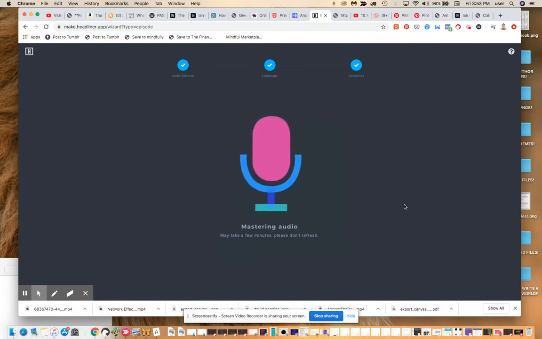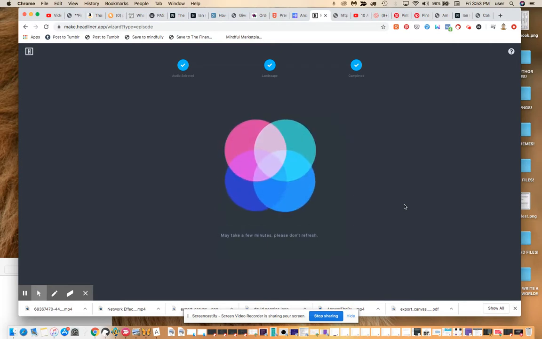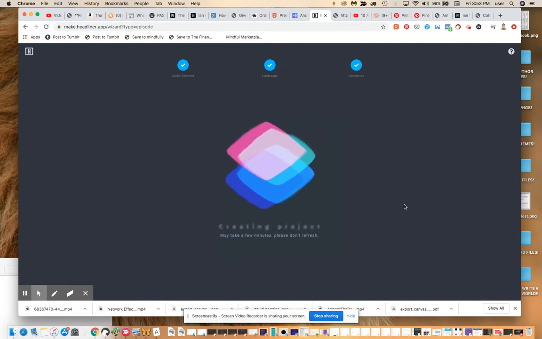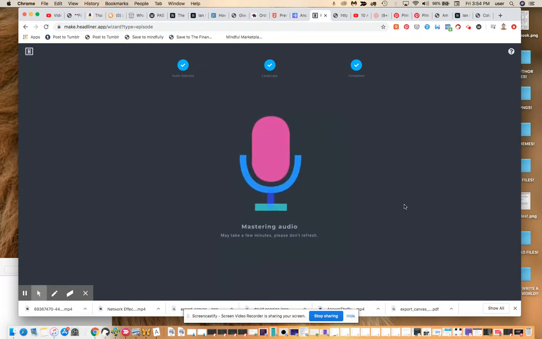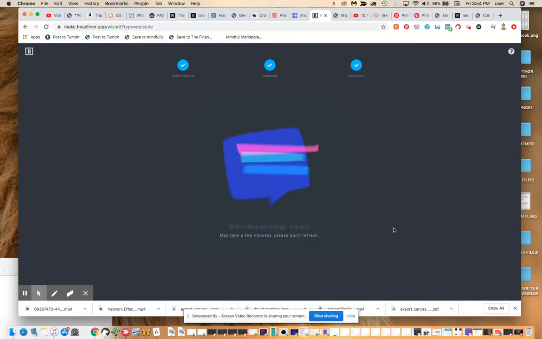Okie doke. So we're going to wait just to make sure this works, so I don't look like I gave you bad advice. This just gives you more time to look at the ridiculous amount of tabs I have open and the avalanche of ugliness that is my desktop. We can make some small talk here. I could be quiet, which is not a strong suit. I could count my breath. Usually this is a little bit quicker,